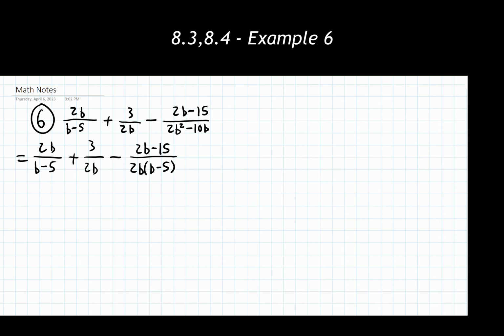So step 1, done. Step 2, determine the lowest common denominator among all rational expressions. So again, I'm making a note of that somewhere on the page for myself. I find a lot of people that do not write this out somewhere on their paper tend to lose track of what the lowest common denominator is and tend to lose points with these types of problems. So I'm looking at all my denominators that I have here.